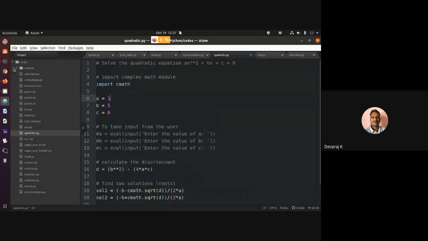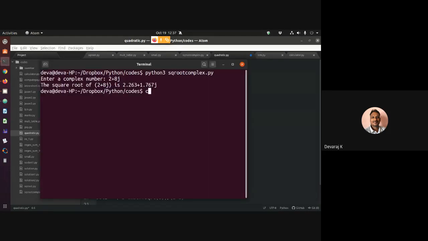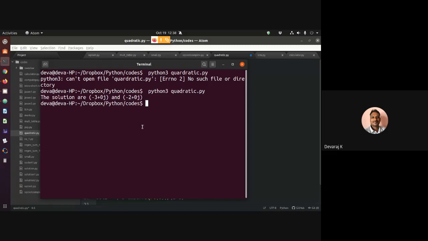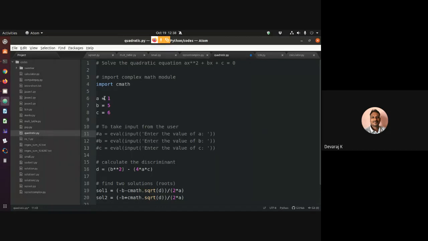So it is quadratic.py. To clear and run it: python3 quadratic.py. See what I am getting for the values a equal to 1, 5, 6.